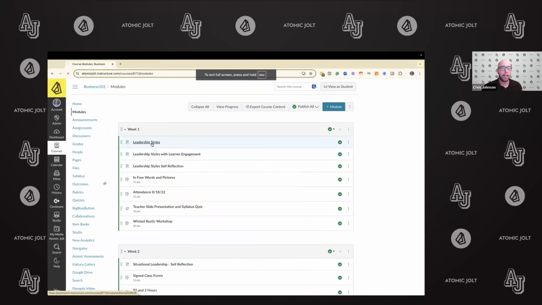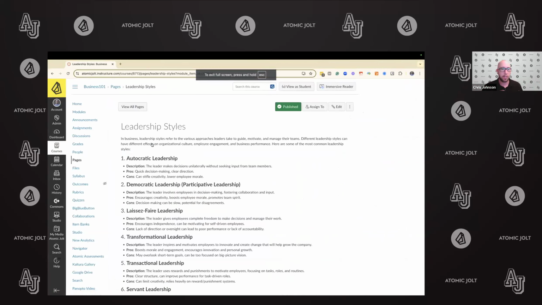And so what I'd like to start with is this learning page. This is likely a learning page that you've seen before in your Canvas instance. It's very text heavy. It's very, as we call, sit and get, and doesn't really allow students to interact and engage in the learning materials, and quite frankly, that leads to less learning retention.